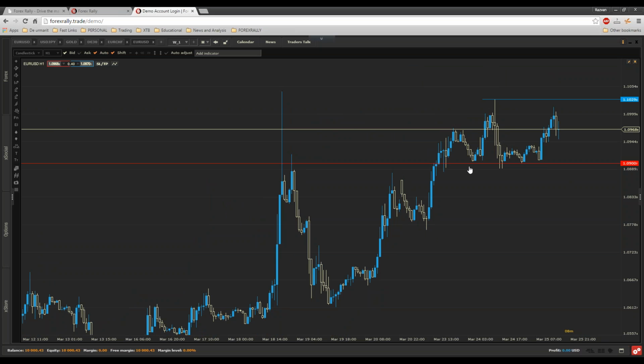So it's 1.0968. It means that you are paying $1.0968 to get 1 euro. If the price moves from 109.69 to 110.29, then you will have around 60 pips of profit if you buy there.